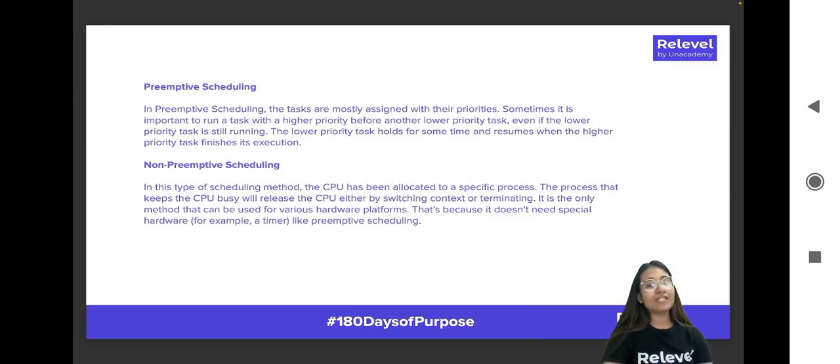Okay, and we have some scheduling algorithms that we will discuss later, which are preemptive scheduling algorithms. Okay, next what we have is the concept of non-preemptive scheduling. So what happens in the concept of non-preemptive scheduling is that the CPU has been allocated to a specific